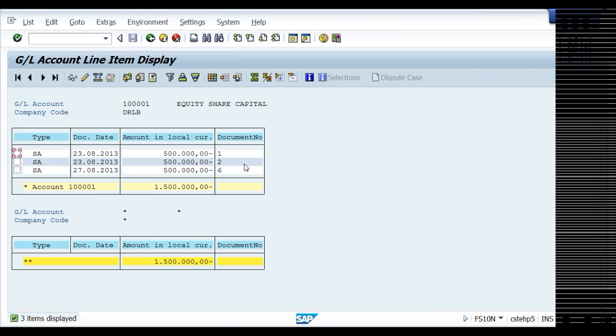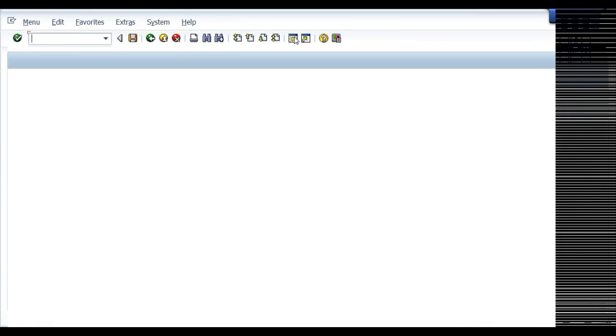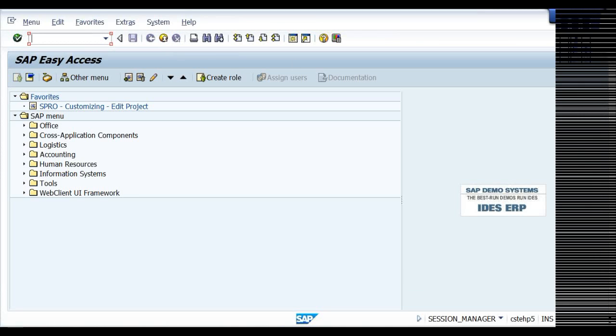Now if you double click, you can see the accounting entries, right? Entry 1, entry 2 and document number 6, all these we have posted. 5 lakhs, 5 lakhs, 5 lakhs, 15 lakhs total. And if you remember, I told you I'll tell you later about creation of GL accounts. We have created GL accounts in T code